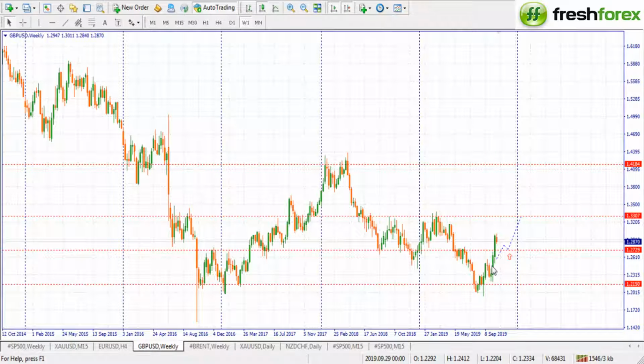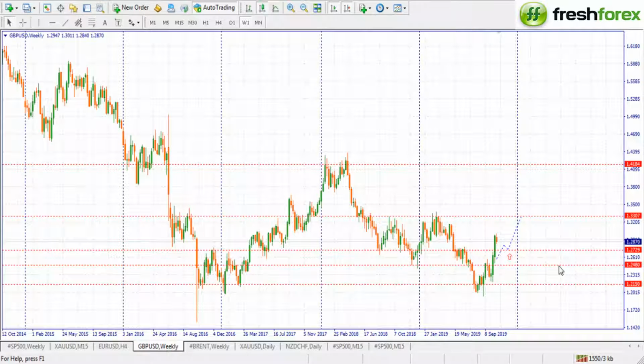Have your stop loss below the low of the previous week's candle. Here, have your stop loss below this level, 1.2480. Then have a first take profit at 1.3307. I'm not going to add anything on this one. That is still a good buy, which means if you took it, you should be able to hold on. If you are able to buy it from 1.2729, hold on up to this resistance 1.3307, and your stop loss should be here